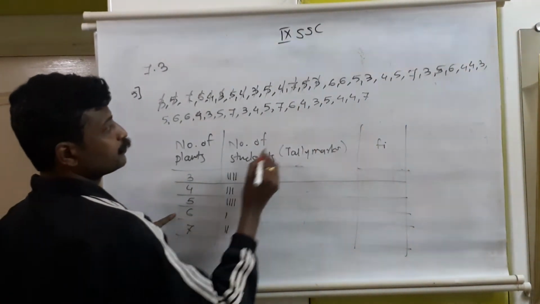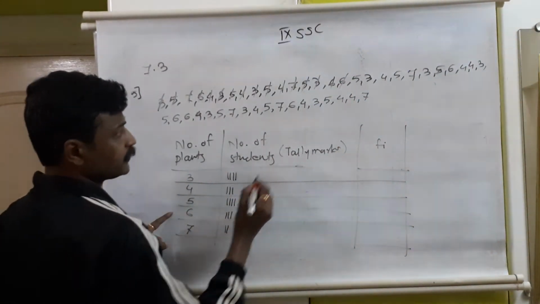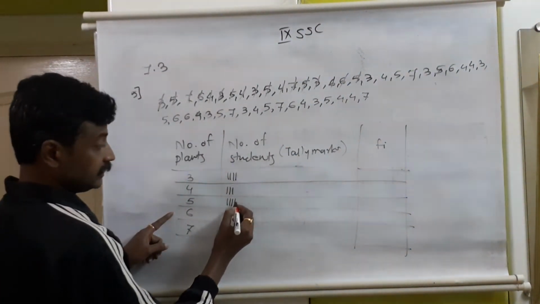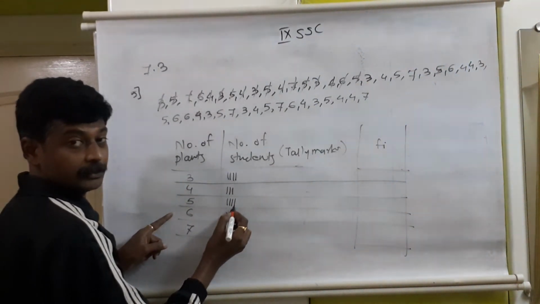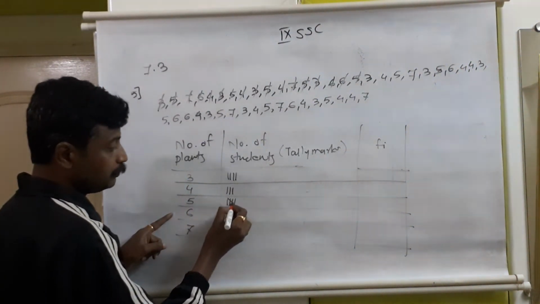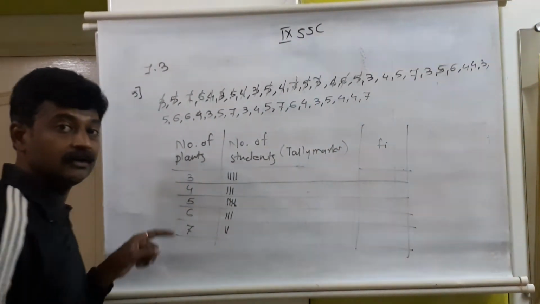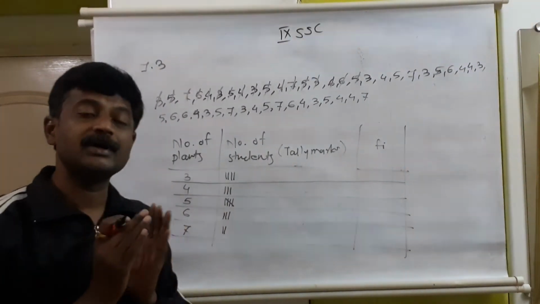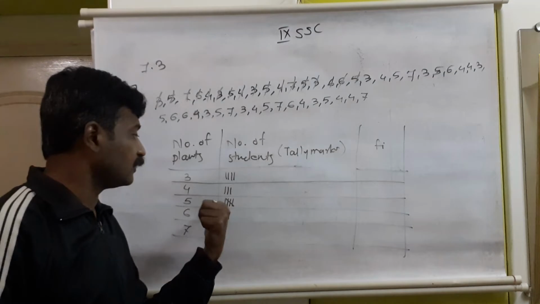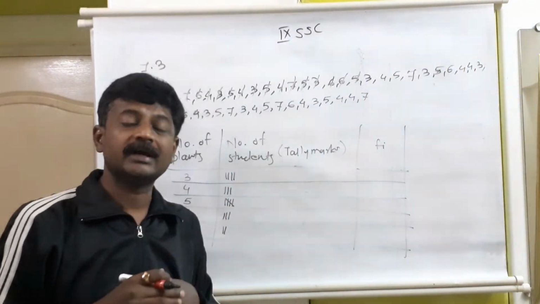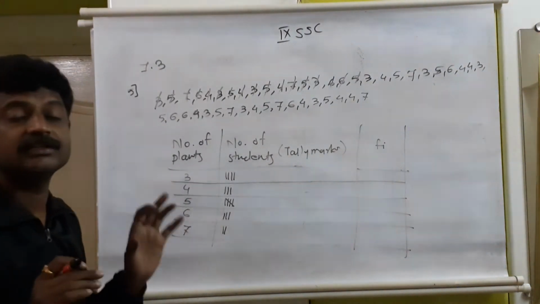3, 6, again 6, 5. Now see, we already have 4 tally marks for 5 and it should be in the form of a bunch. So one more for 5 because this is an additional 5. Already 4 are there, so it will make an exact bunch of 5. So while calculating, it is not necessary to count how many lines there are. If we draw the lines one by one, again it is difficult to calculate the lines. But easily, if we see this, it is a bunch of 5.